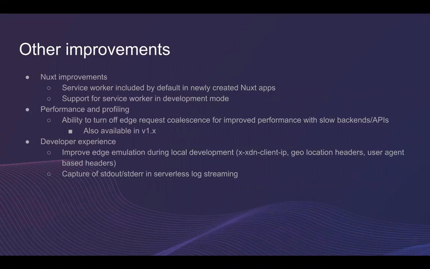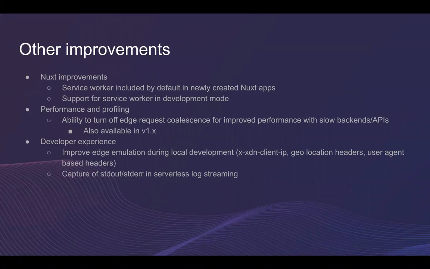Regarding developer experience, we have improved the edge emulation. When you're running locally, you now have a calculated XDN client IP, although that one is always 127.0.0.1. You have geolocation headers and user agent derived headers as well. These are the standard XDN headers like device, vendor, is it a bot or not flag, and then the browser